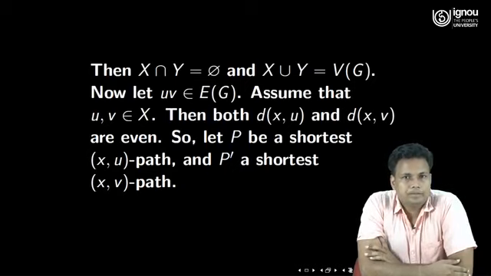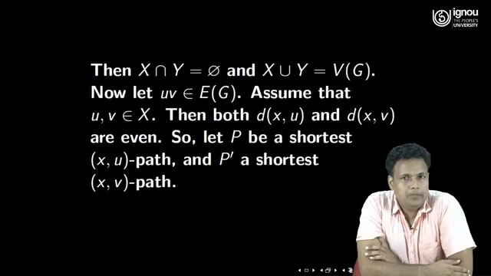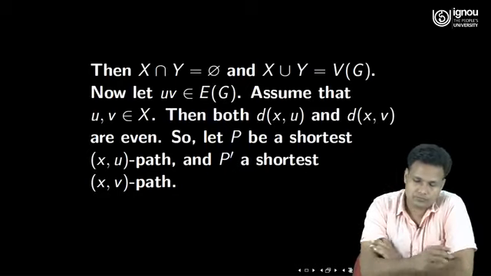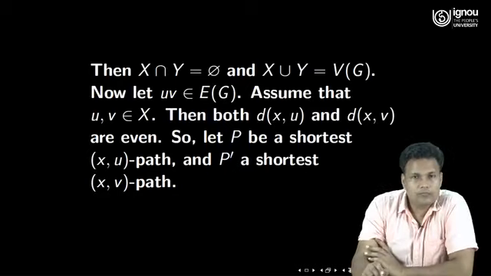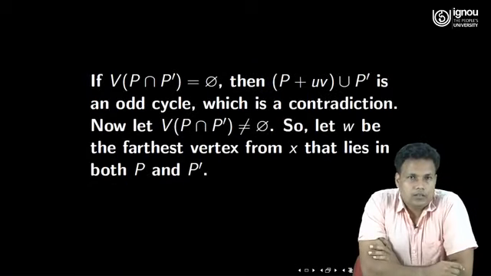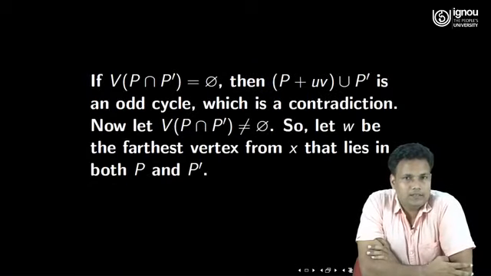So let P be a shortest x-u path and P' a shortest x-v path. Then if P and P' have no common vertex, that means the vertex set of P intersection P' is empty,